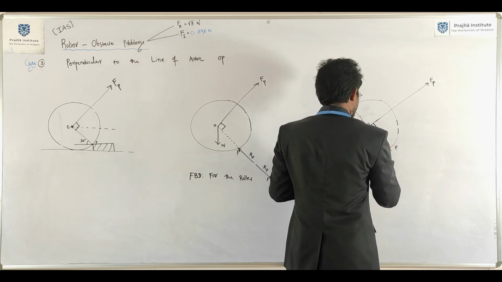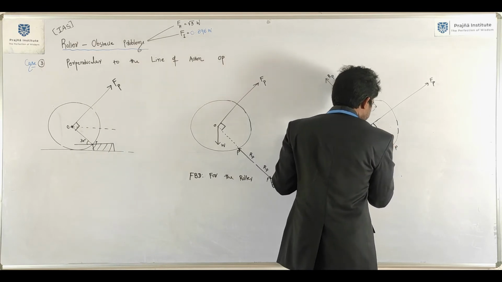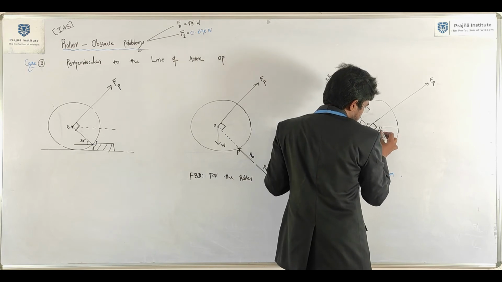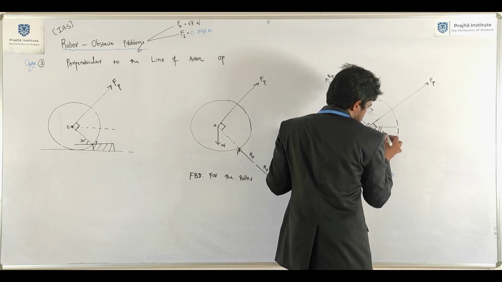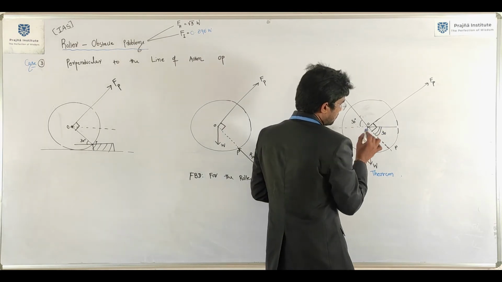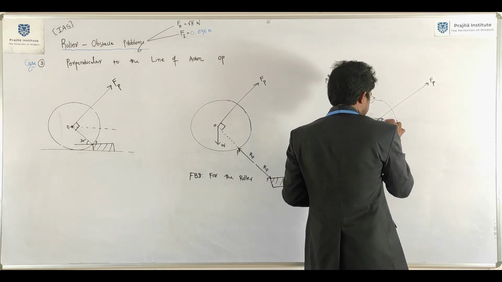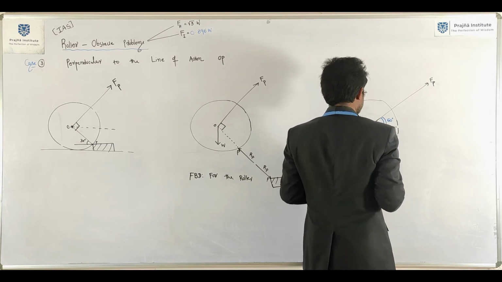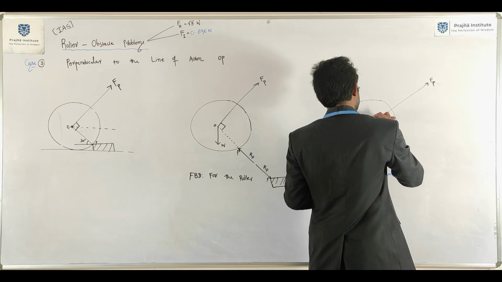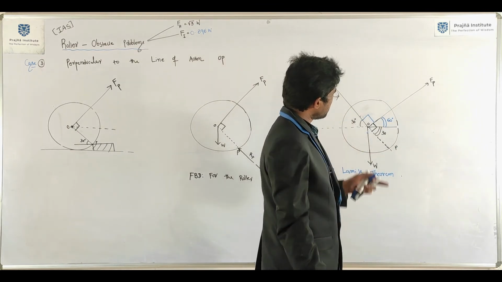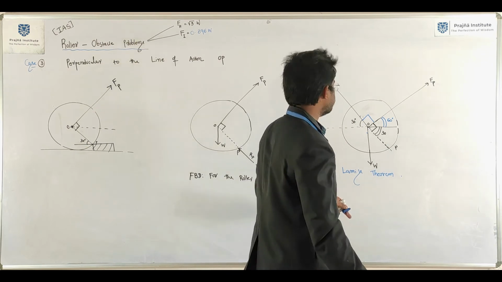Okay? So now, okay, so it will be 30. Okay, of course it is 30. Then here it will be 60. Then of course it is 90. Yeah, this is perpendicular to that, of course 90.